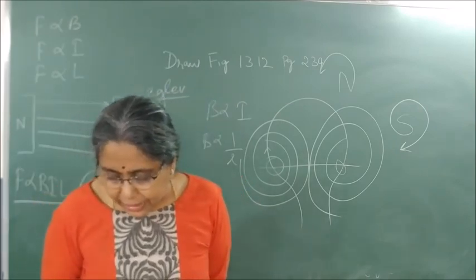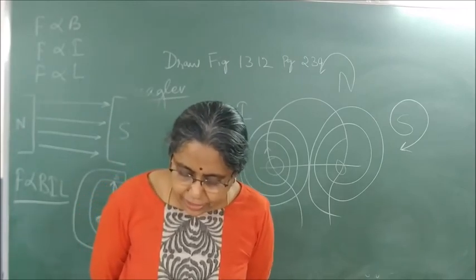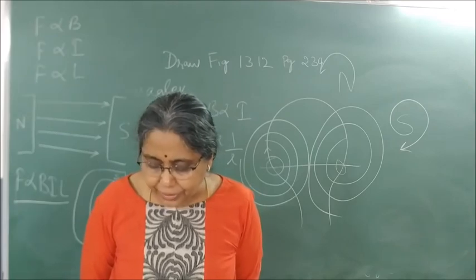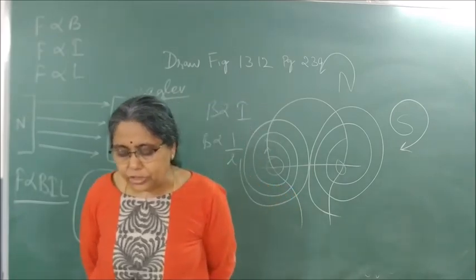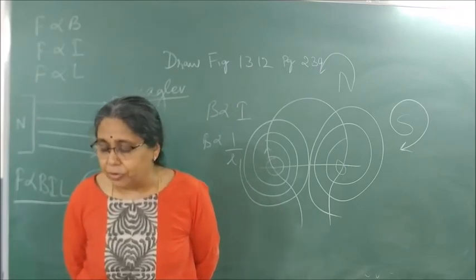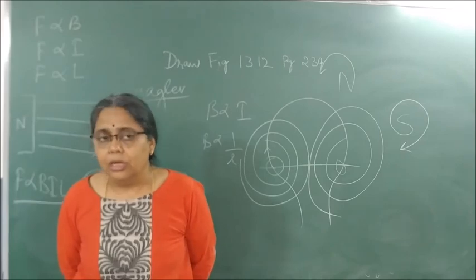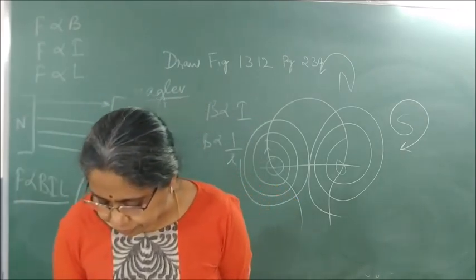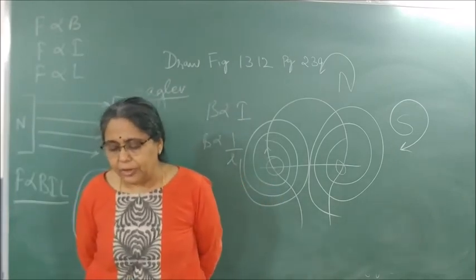Okay? In Activity 13.4, we considered the direction of the current and the direction of the magnetic field perpendicular to each other and found that the force is perpendicular to both of them. The three directions can be illustrated through a simple rule which is called Fleming's left hand rule. State Fleming's left hand rule.